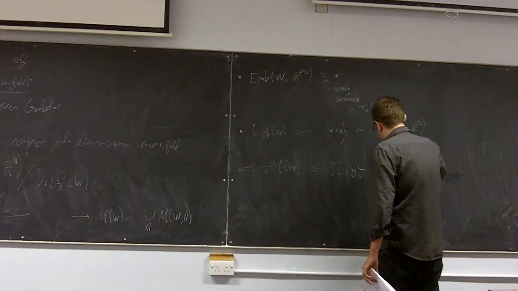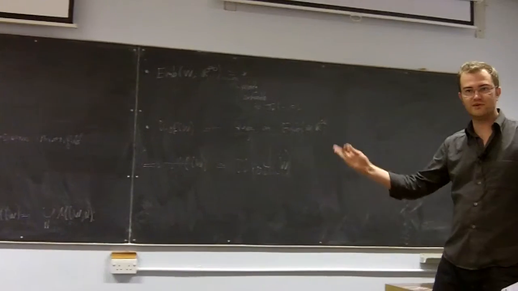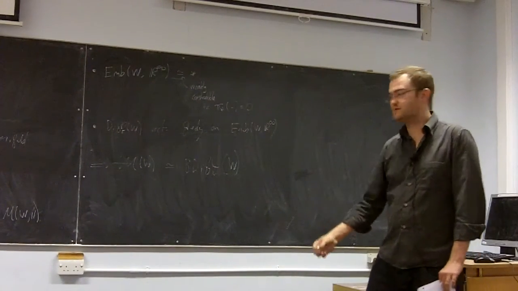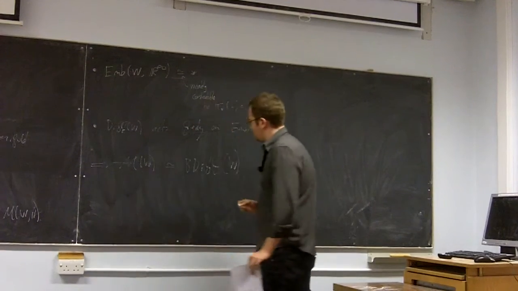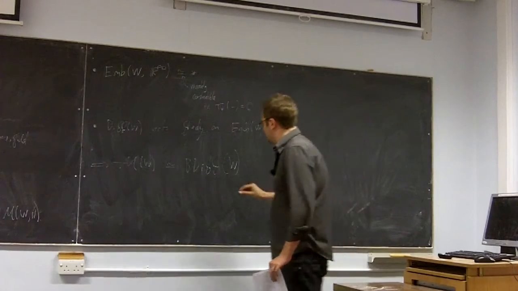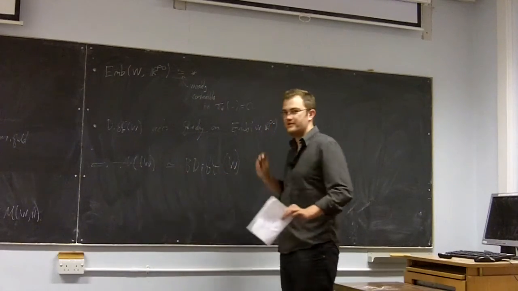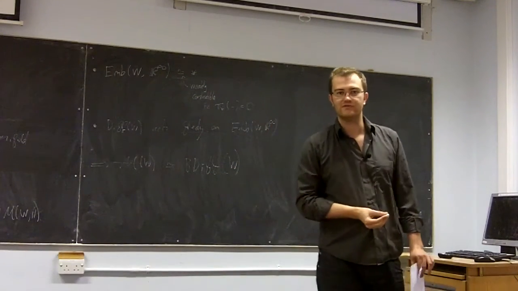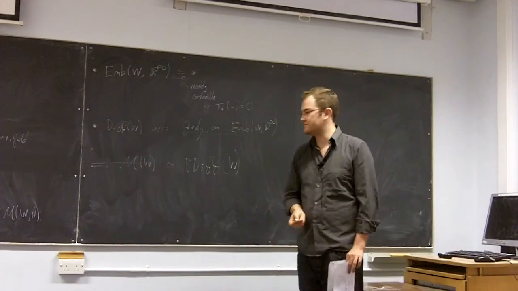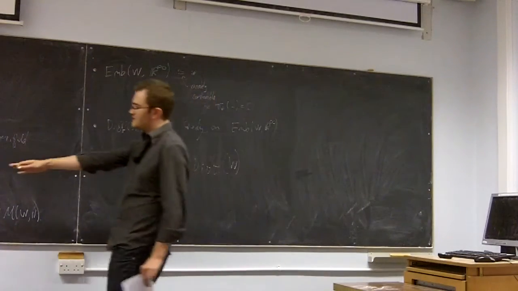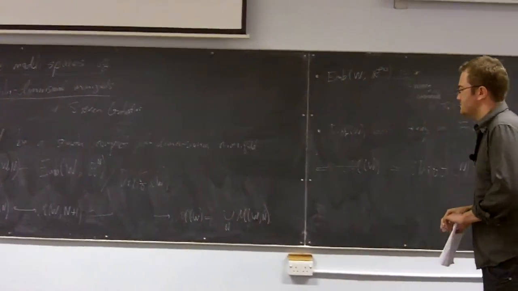Because that's the recipe for constructing the classifying space of a group, right? You find some contractible space on which the group acts freely, and you take the quotient space. The point is, normally the classifying space of a group is not really a meaningful concept. The best you can say is that there are various models for the classifying space of a group. And what I've taken here is a particular point set model that's very easy to think about, or at least it is for me.